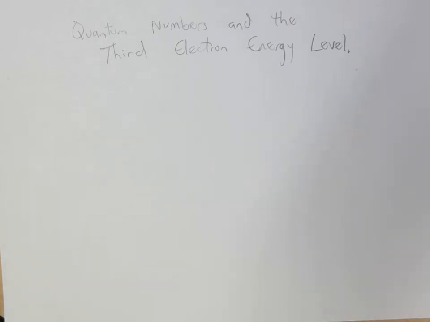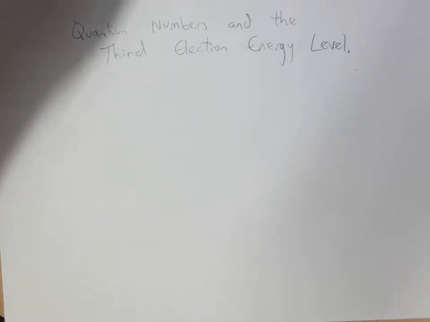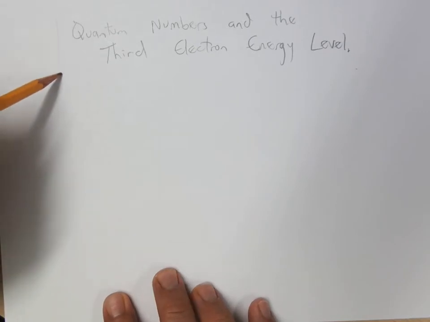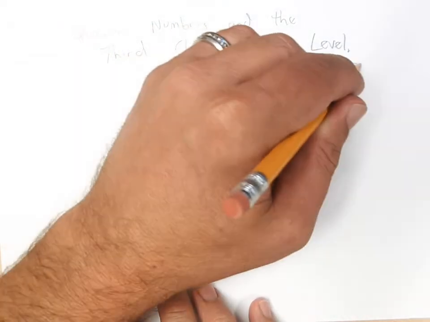Okay, this hopefully helpful video will help to explain the quantum numbers for electrons as they exist in atoms, and their relationship to electron configurations, and maybe a couple of the interesting and creative problems you might see regarding the quantum numbers. So what I'm going to do is explore the entire third electron energy level for an atom